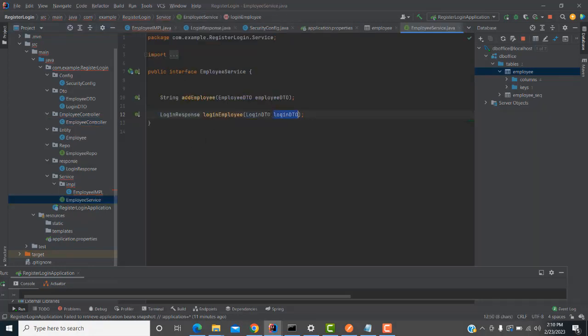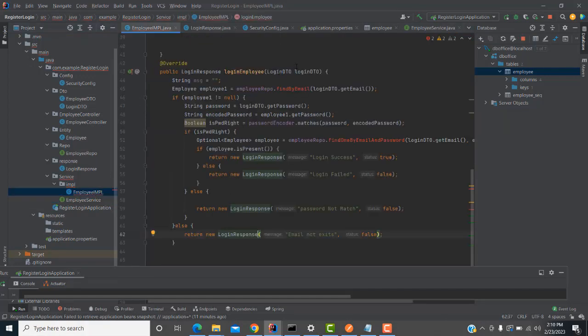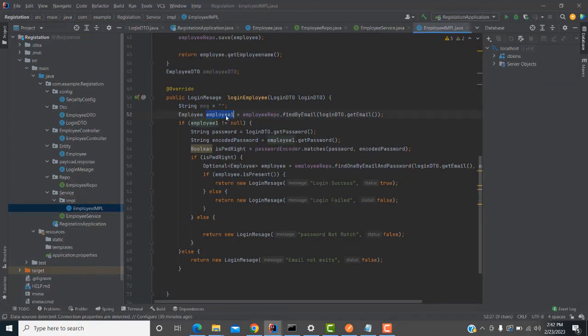Okay, this method will be passing to the implementation here. Now here we get the data and check it. First, you have to create the variable message, employee. You have to write employee 1. You have to create the employee 1 object. Here we have to go and check the